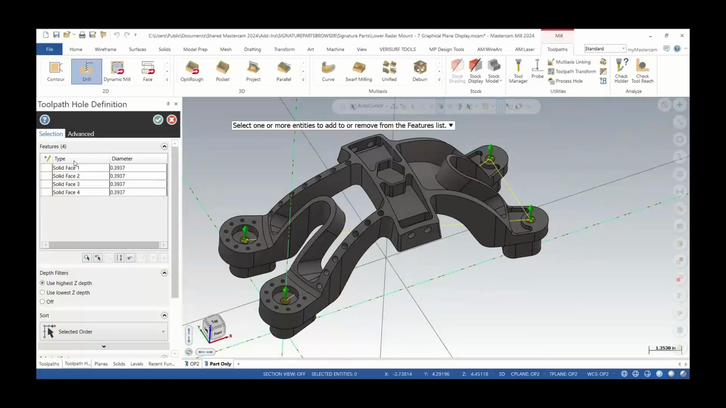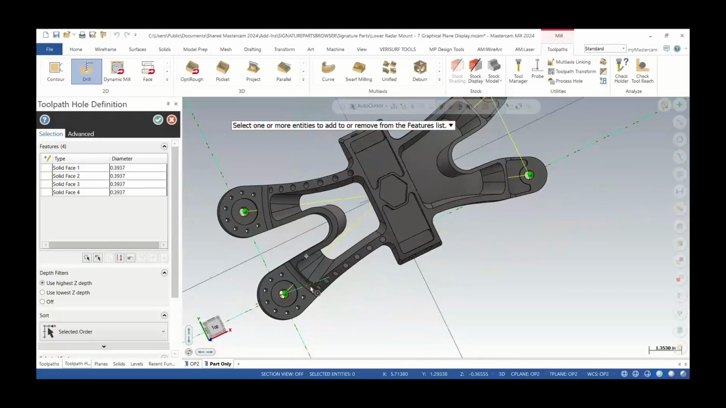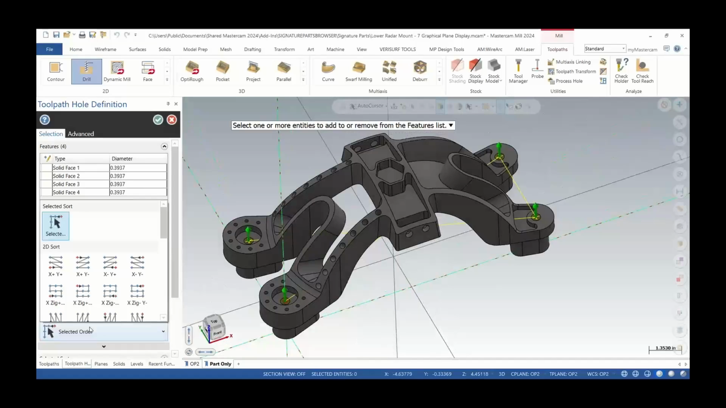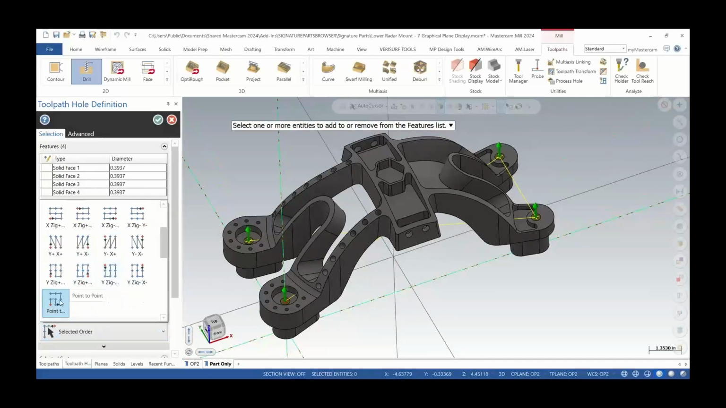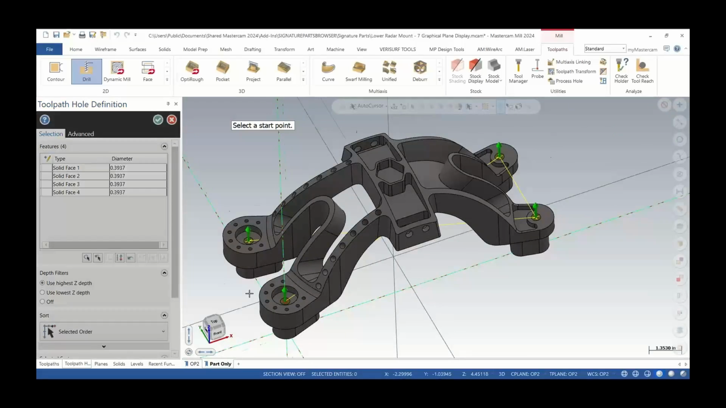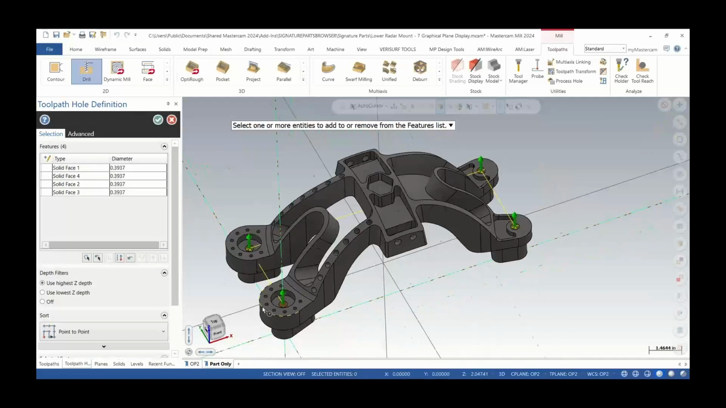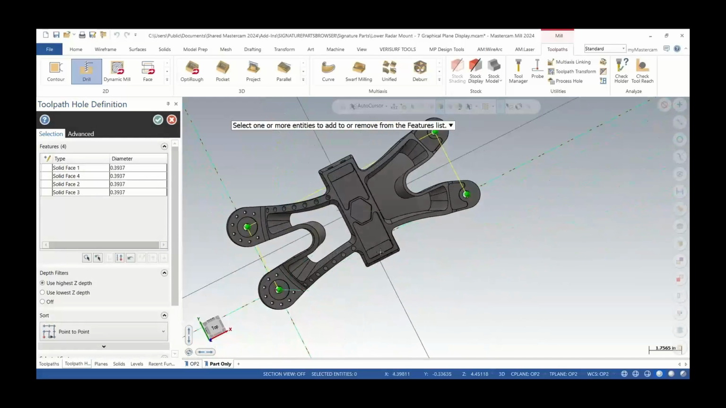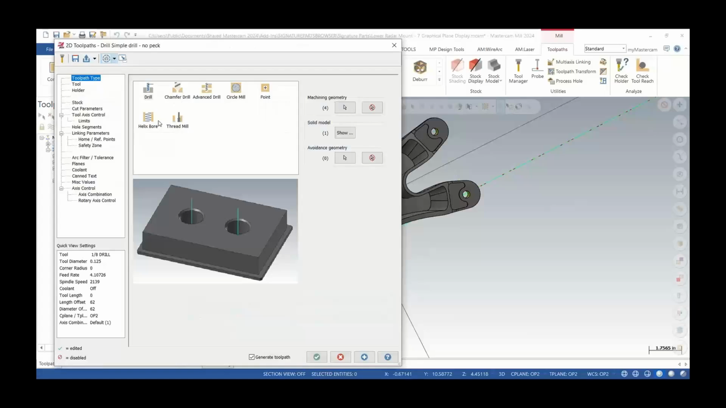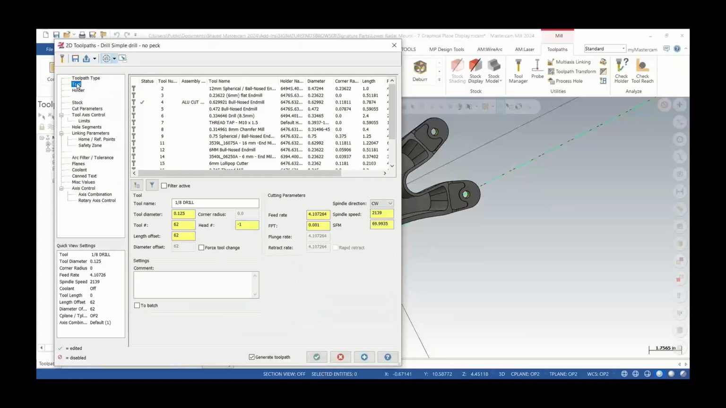You'll also see in 24 we get a hole counter now, so it's going to call out 4 holes as selected. What I don't like is the sort order, so what I'm going to do is change that. I'll say point to point and click my starting location. We now will see a nice 4 holes with the shortest path. I'm going to hit the green check mark, and I'll go into my tool page and select this 8.5 millimeter drill,